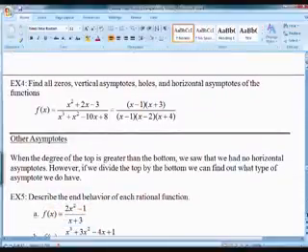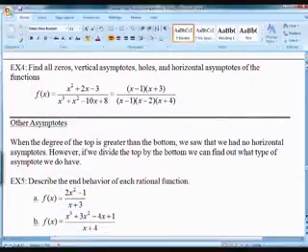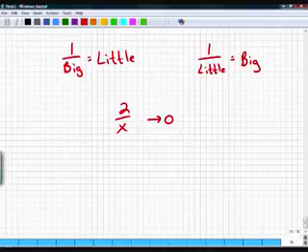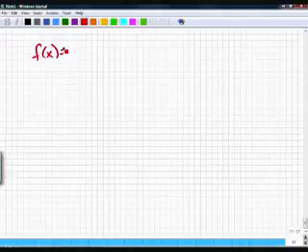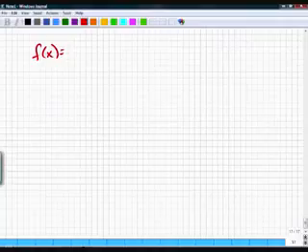Example 4, we do a little bit of everything. Example 4 says find all the zeros, find all the vertical asymptotes, find the holes and the horizontal asymptotes of the functions, and we're nearly finished, I believe. Maybe this lesson wasn't as long as I thought. And I've done you the favor, I've already factored it to save time. F of x equals x squared plus 2x minus 3